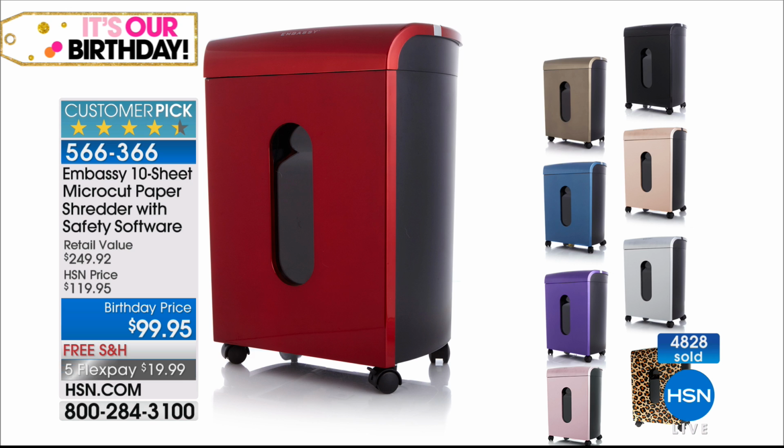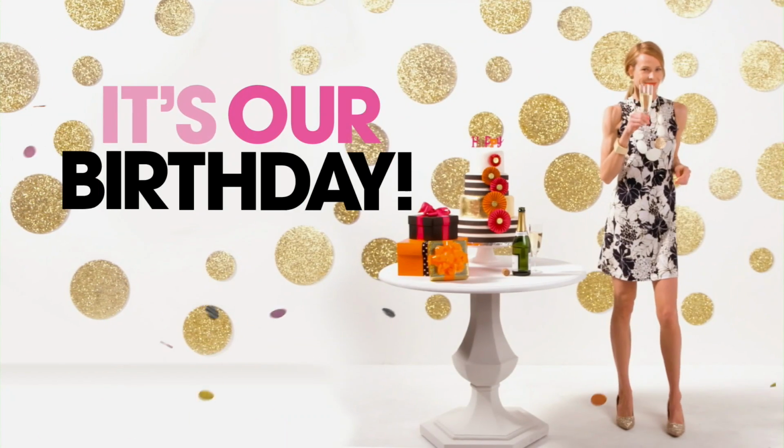That Paisley, well on the way to being gone. The Burgundy Merlot, well on the way to selling out, as is the Rose Gold. Actually, this is probably going to be the last airing of both that